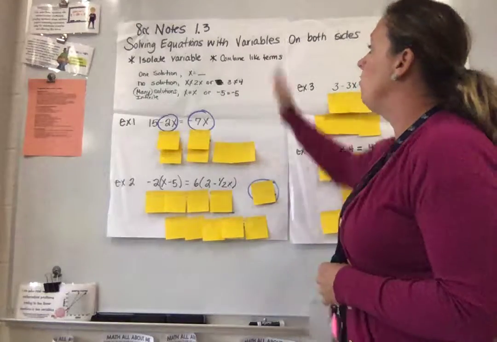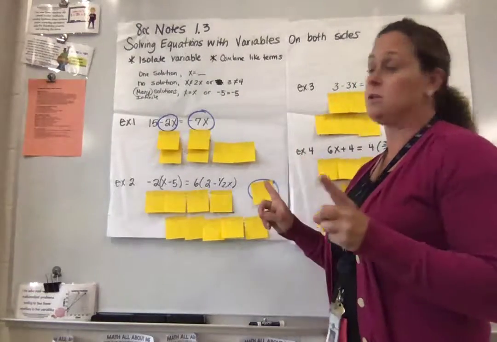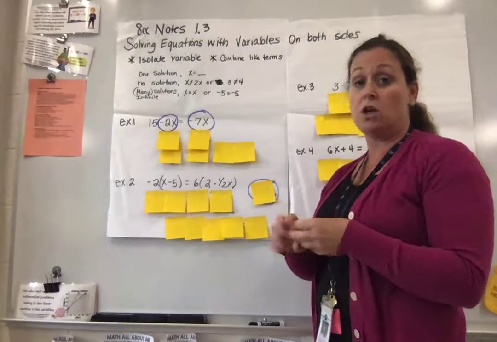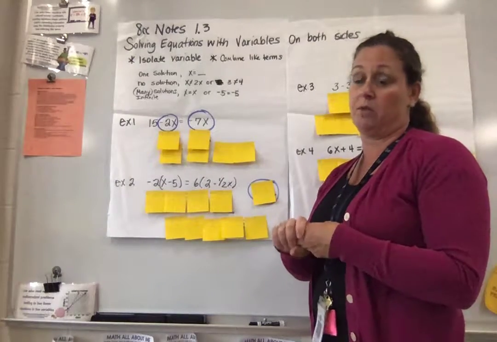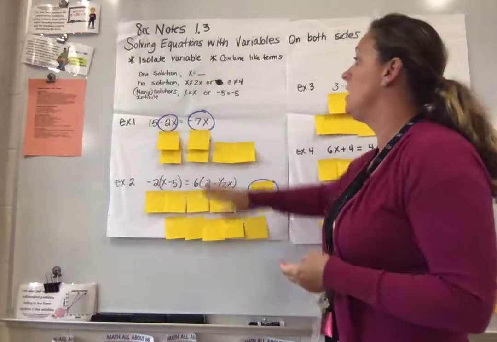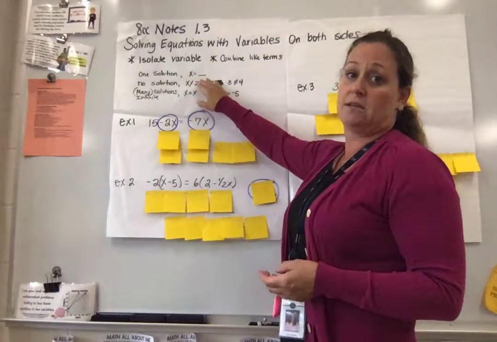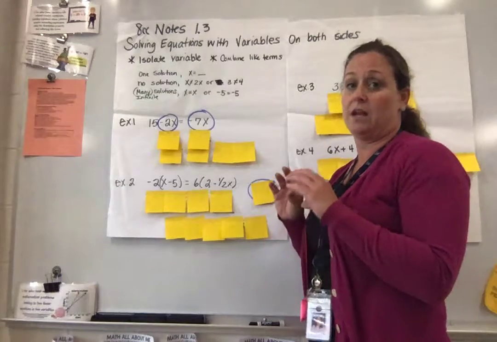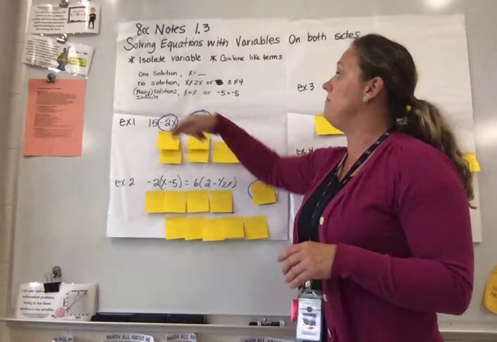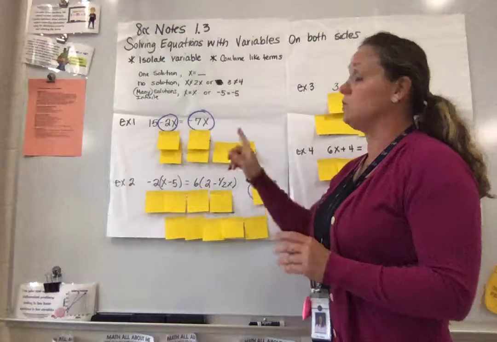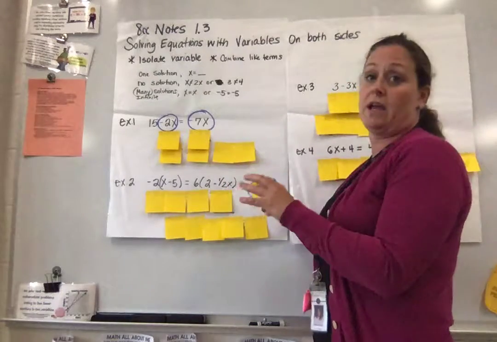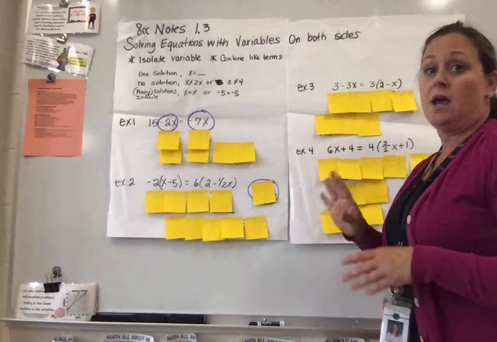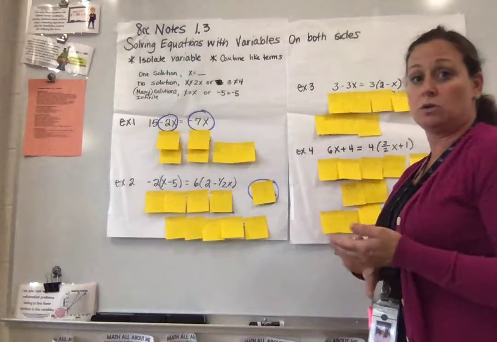done first. When you're solving equations with variables on both sides, you can have one solution, you can have no solution, or you can have an infinite number of solutions. One solution will be indicated by an x equals and a specific value. No solution will end up after you solve with a not true statement. And then many solutions or an infinite number of solutions will end up with an x equals x or a -5 equals -5. So we're going to go through these 4 examples in solving one solution, no solution, and infinite number